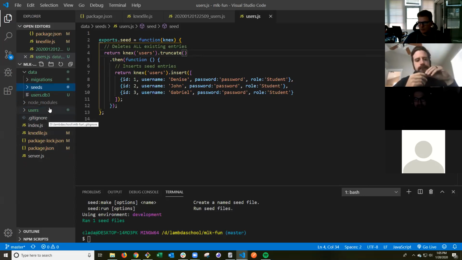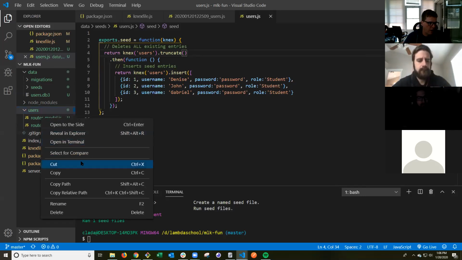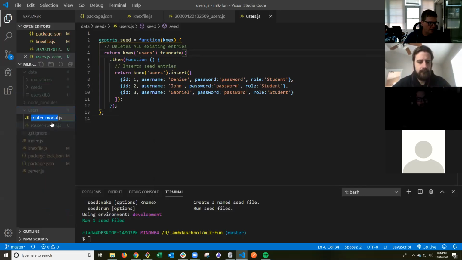So you made a users folder in the data folder? No. That's the seeds. This one was originally called router from our boilerplate. Oh, okay. I renamed it to users. Matter of fact, we're going to rename the rest of this stuff now that's relevant to the content that we're using it for. Like router model, we're going to rename that to,